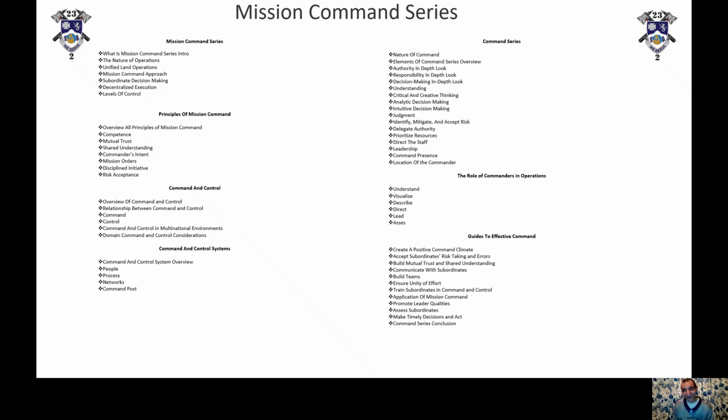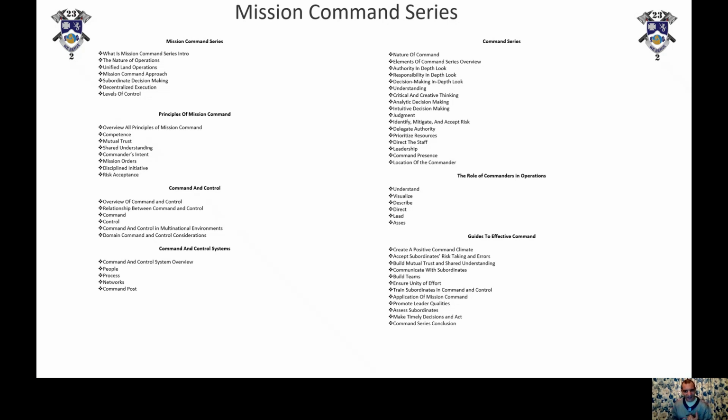Then we're going to go in and talk about the roles of commanders in operations. We're going to talk about understanding, visualizing, describing, directing, leading, and assessing, and how they all play a vital role in operations. Then we're going to go into our mini series on the guide to effective command: create a positive command climate, accept